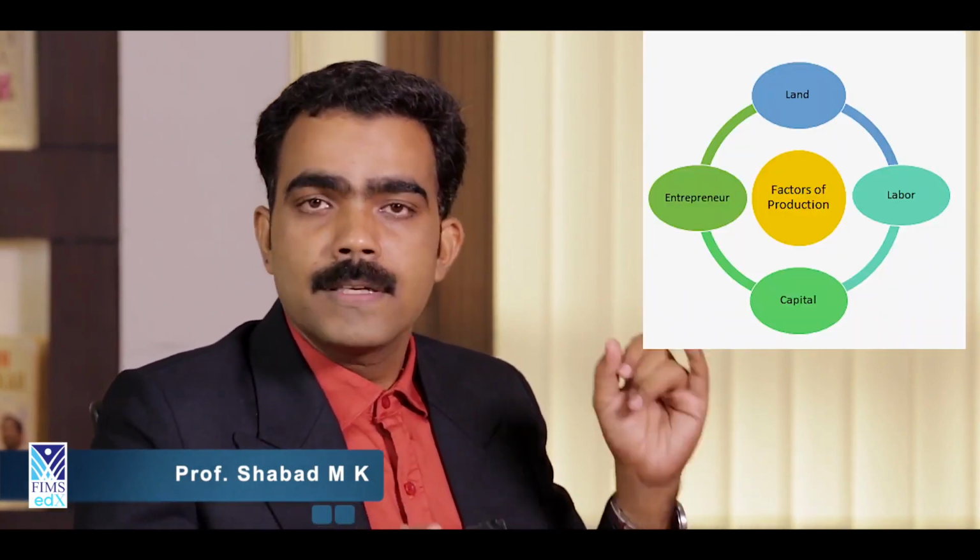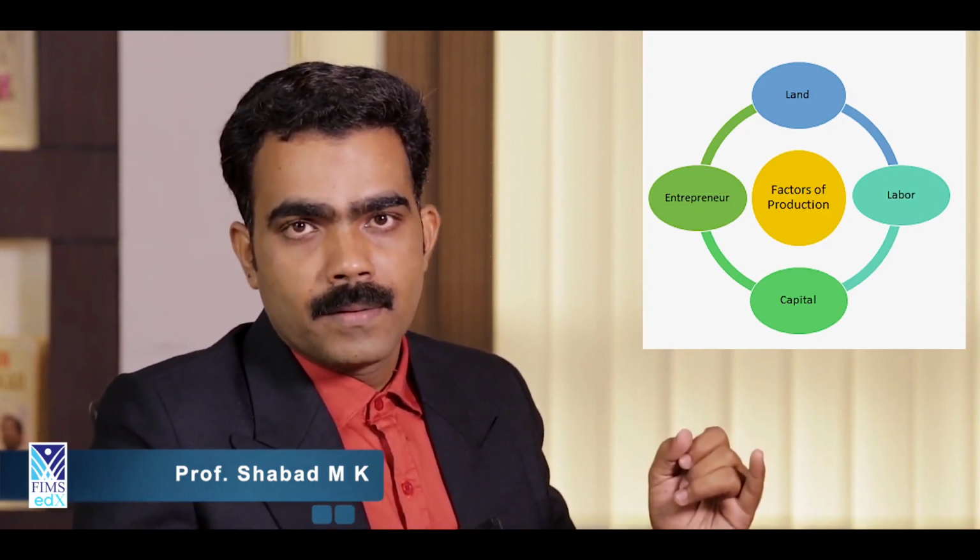In the economic sense, these inputs or factors of production can be divided into four. The first is land. The second is labor. The third is capital. And the fourth element is organization. The first factor, land, is the physical place available for conducting manufacturing, that is, the creation of output in the form of goods or services. Land gets a reward in the form of rent after completing the process of business.